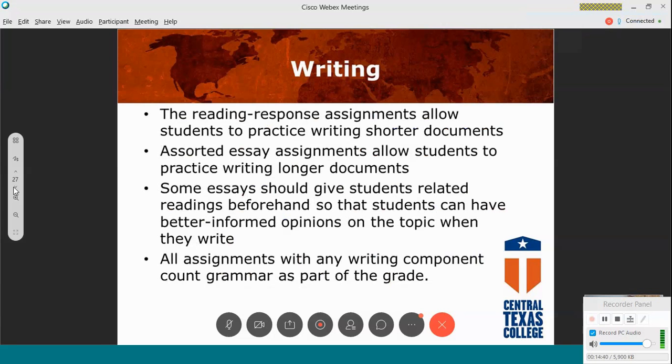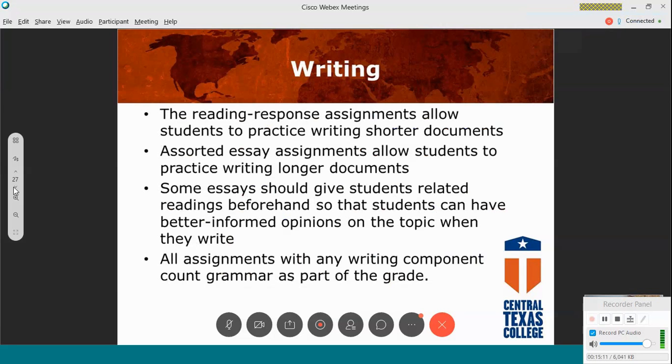Composition 1 does more of the rhetoric than usual. It's very important, but we're much more grammar-based, much more formulaic, if you will. We want students to have that formula essay structure to fall back on when they get to composition. Some students honestly do not know how to have an introduction, a body, and a conclusion.